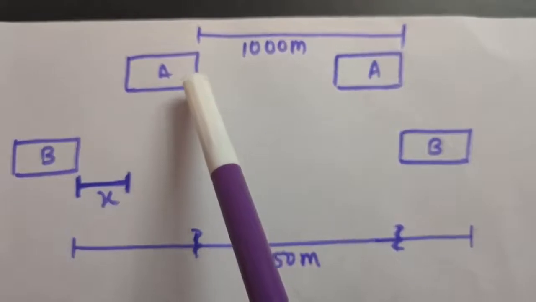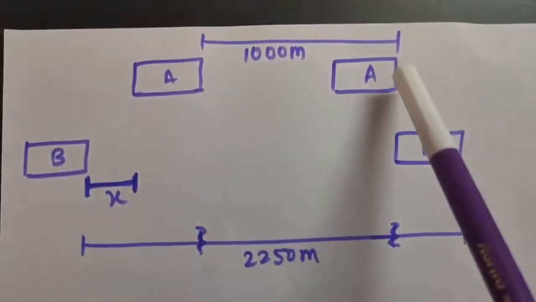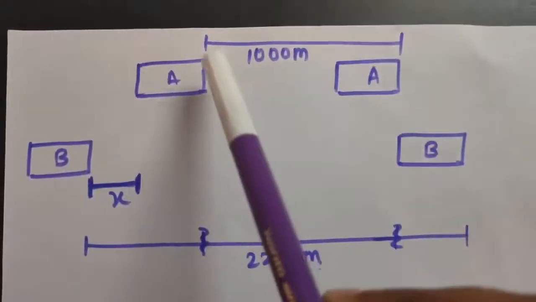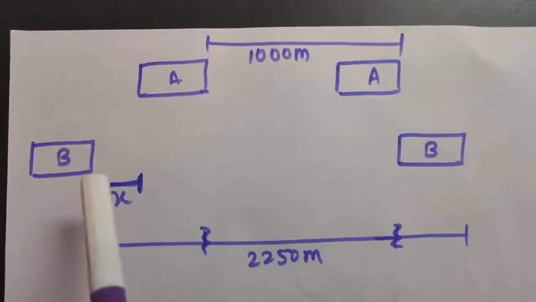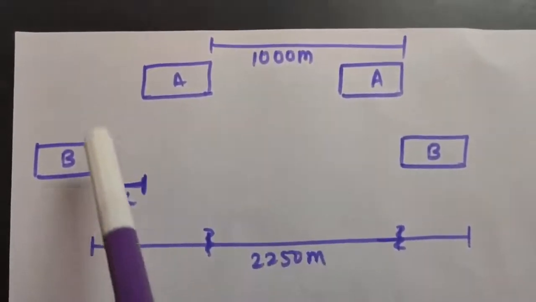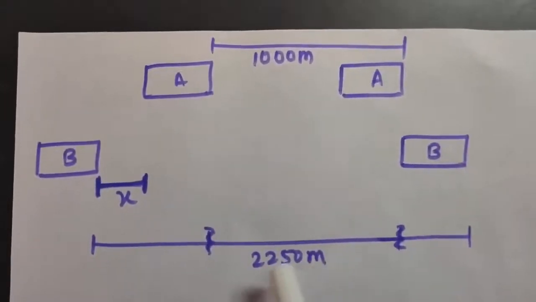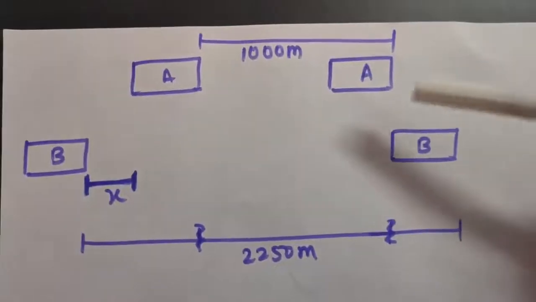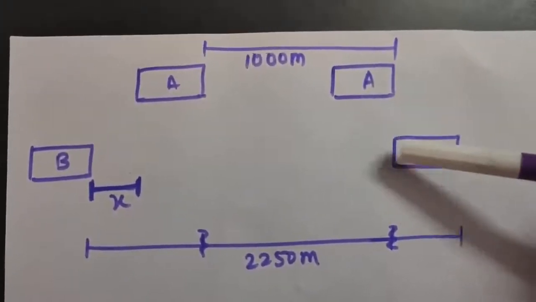Now after 50 seconds, as we have calculated, train A has traveled 1000 meters. So if it has come here, that means the driver has traveled 1000 meters after 50 seconds. Similarly, the train B after 50 seconds has traveled 2250 meters. That is, if driver of B is here, so from here to here the distance is 2250 meters, and they have just approached each other, that is driver of A and guard of B. Okay, so this is the scenario.